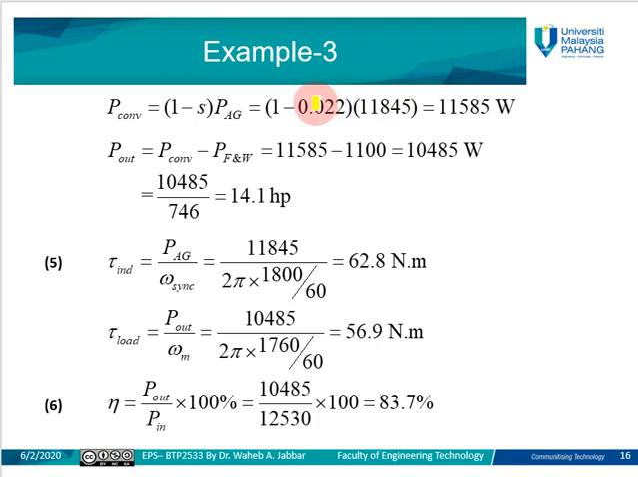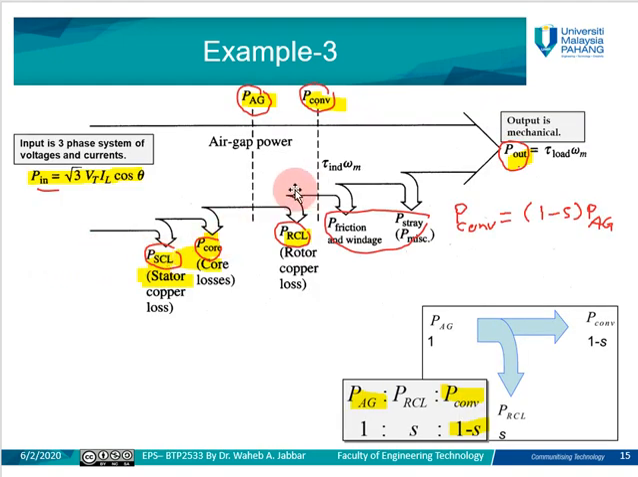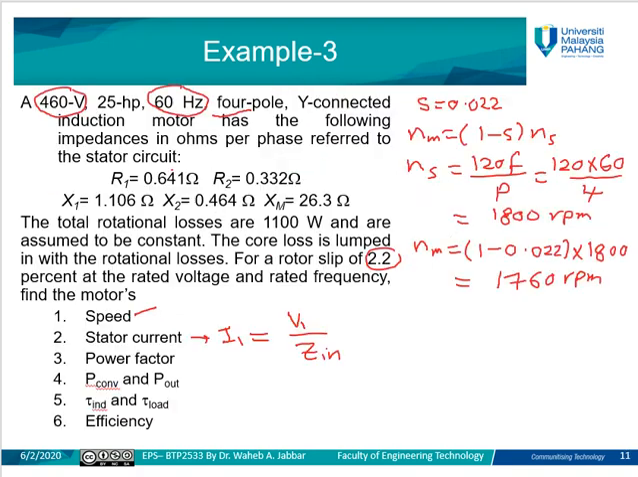Then we can find, this is the S value, which is 0.02, and this is the P air gap value from the previous one. We can find the P converted. P out here, the output based on the flow graph, is equal to P converted minus the mechanical losses. Since we have P converted and the mechanical losses are given in the question,